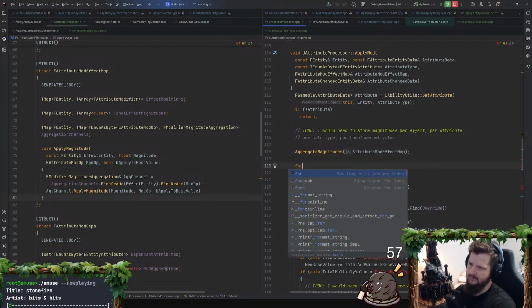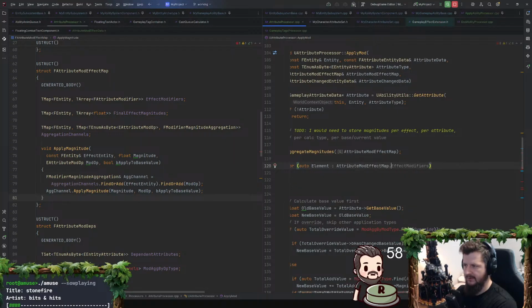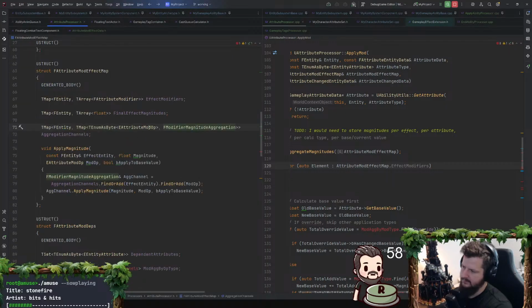And so now we're going to iterate over that map again, I guess. Yeah, we need to iterate over the attribute mod effect map dot, no, not effect modifiers. Should this just have the modifier on it? No. I think we still iterate over effect modifiers.